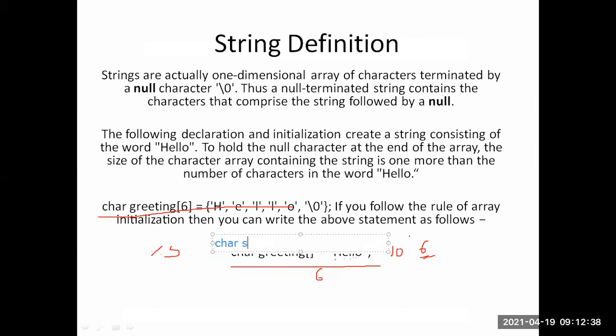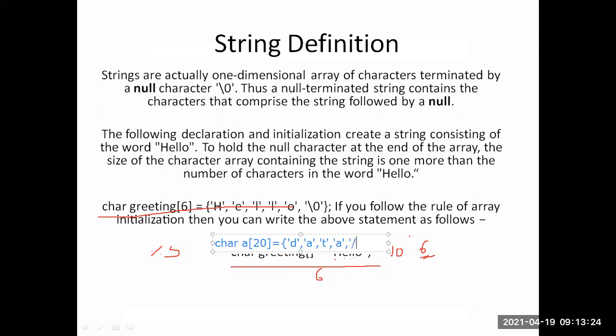The name of the string I am giving as A, and here we give the size of the array, equal to, and I am representing it in this format, and finally the null.